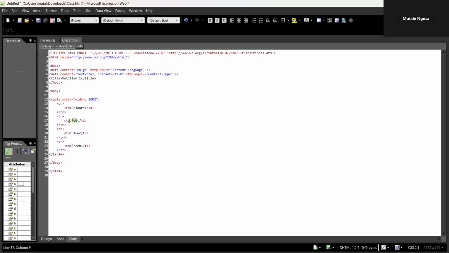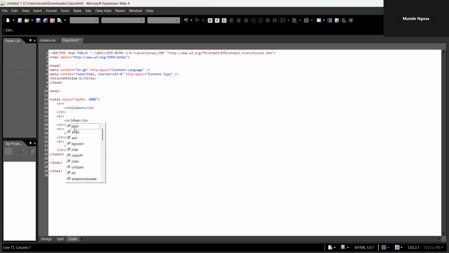I can make this a class. I can say space class. So I went into the first tag. We have this TD tag, which contains the word red. I want to apply the class red to this TD tag. Since this is a TD tag and this is TD, classes are just a way of